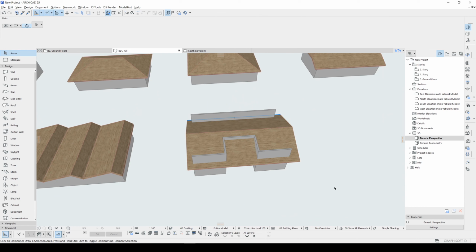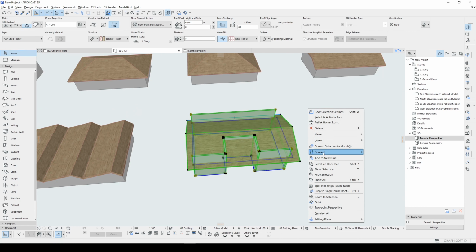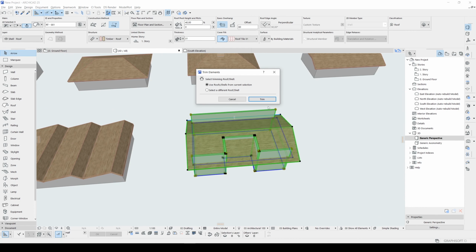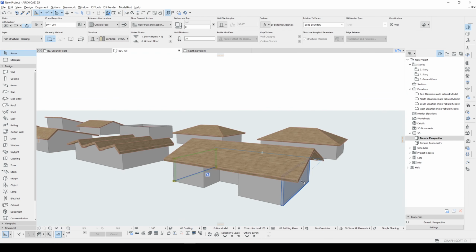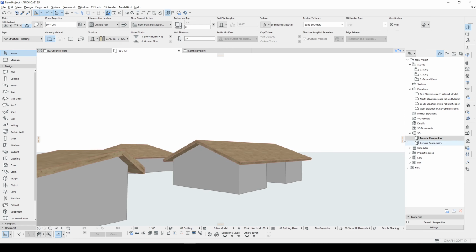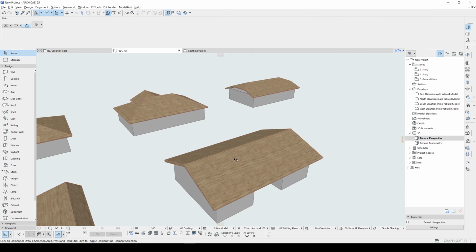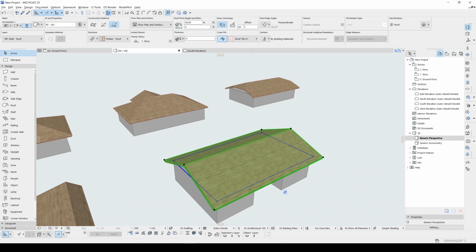Let's trim our walls from roof. And we can just extend our sides. And as you can see, our overhang value is 80. Let's change this to 60.